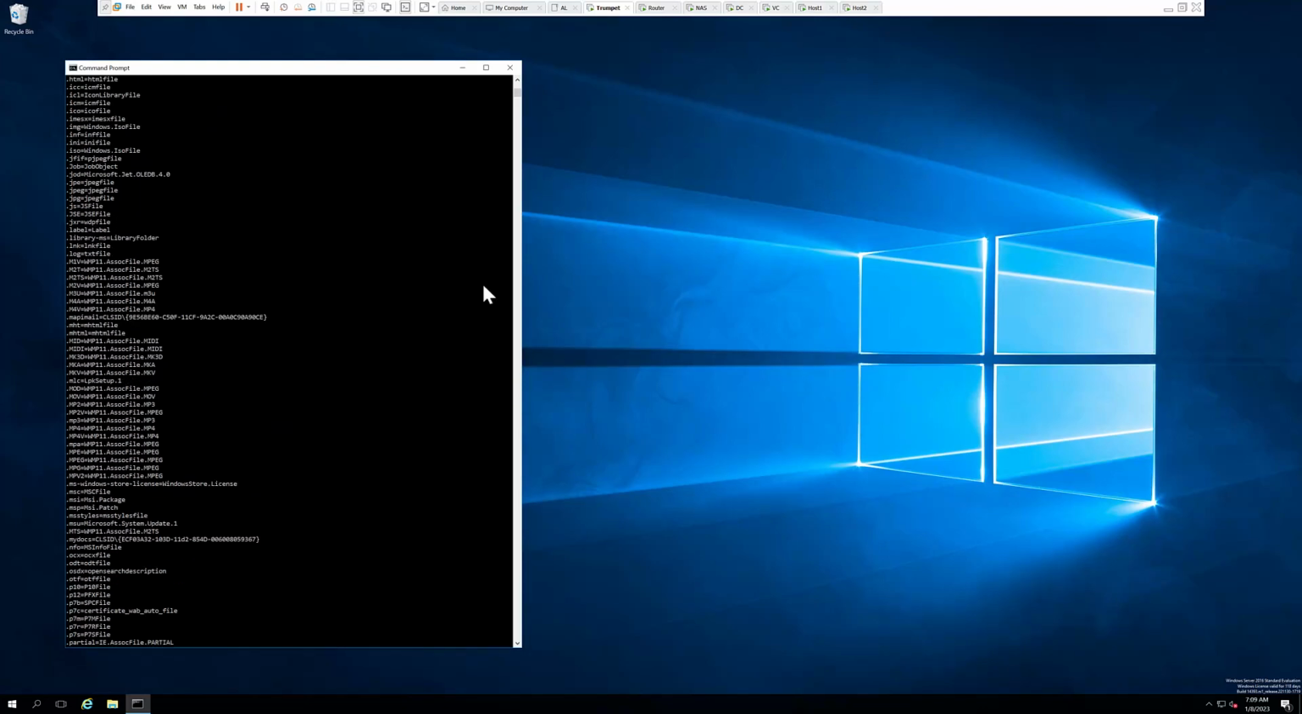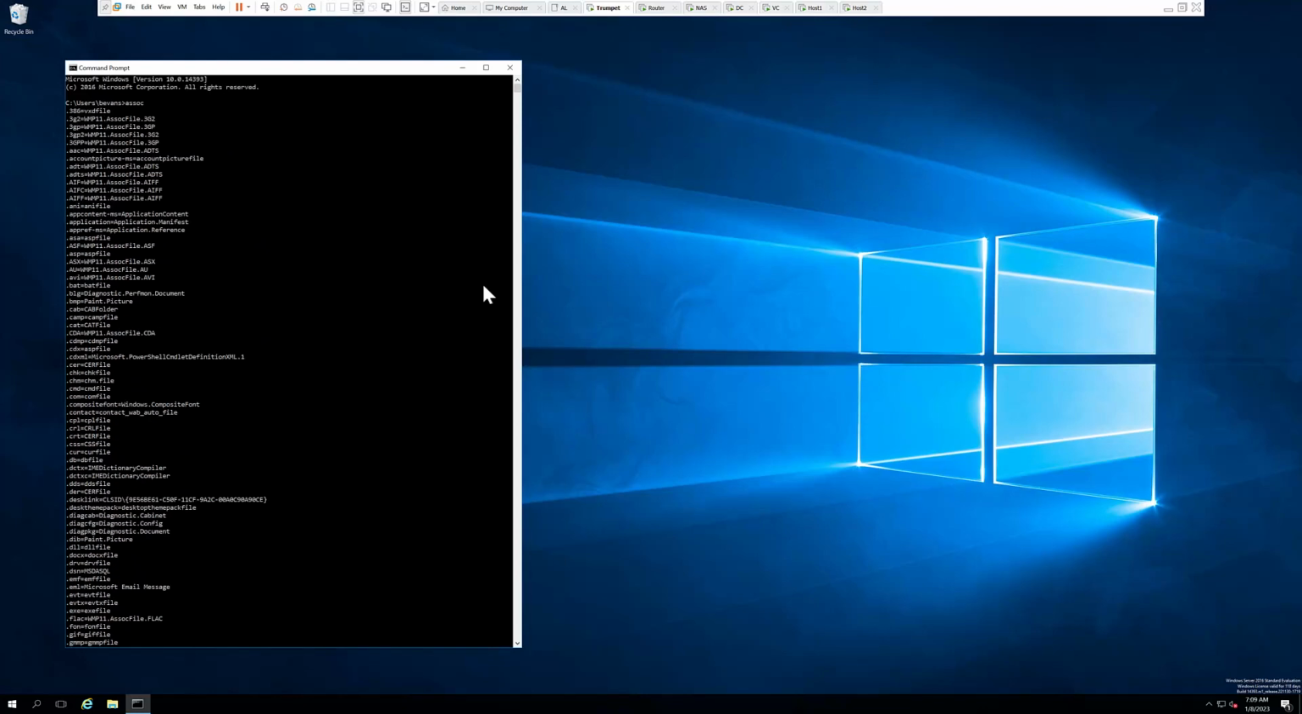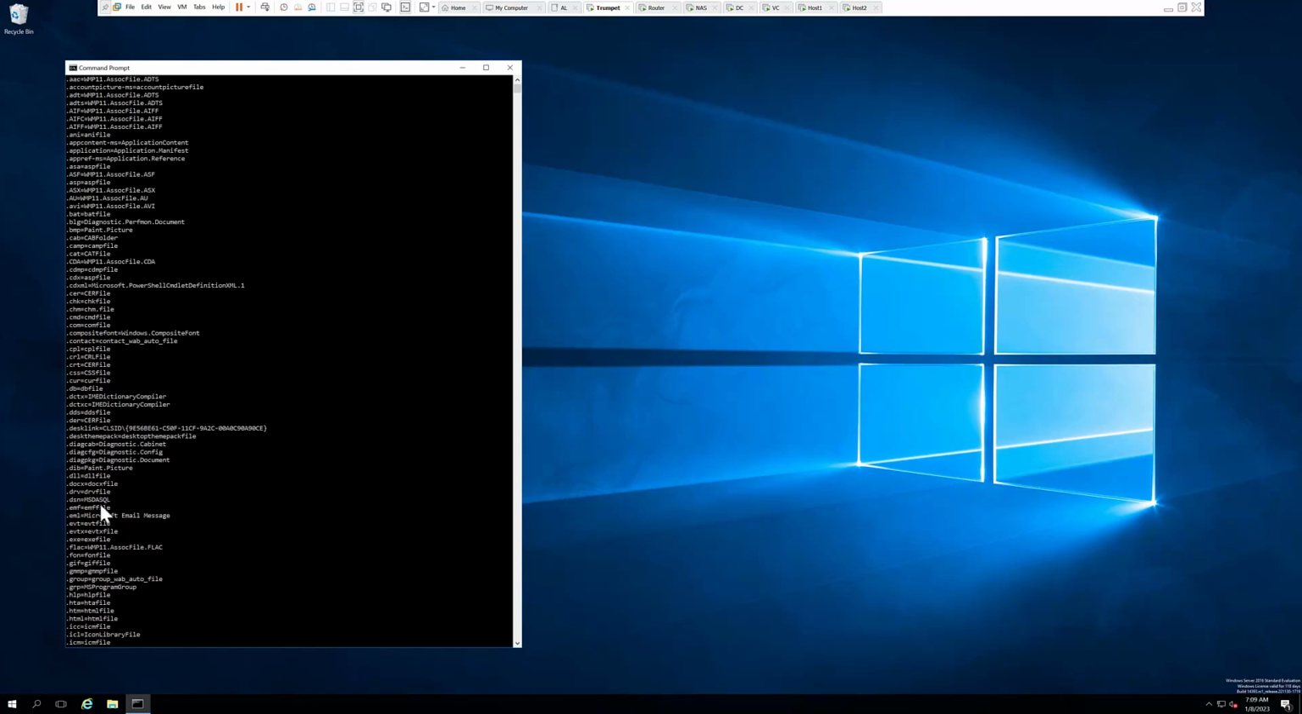Can't even capture it in my screen, I have to scroll up. But it tells you basically the file name extension and what type of file the operating system or the system in question associates that extension to. For example,